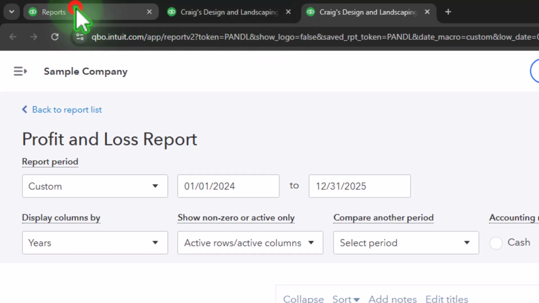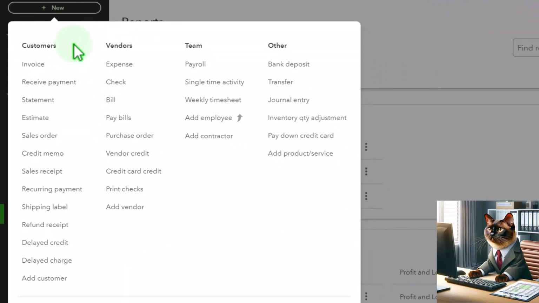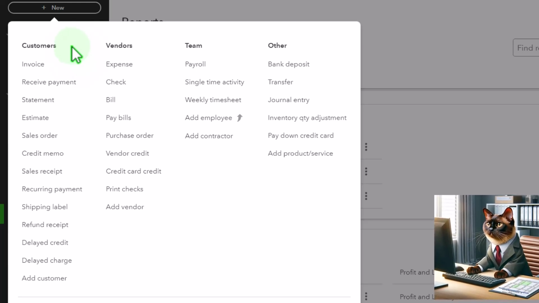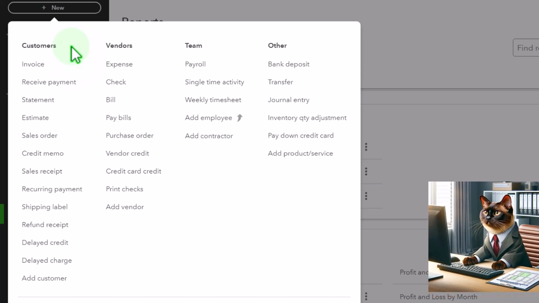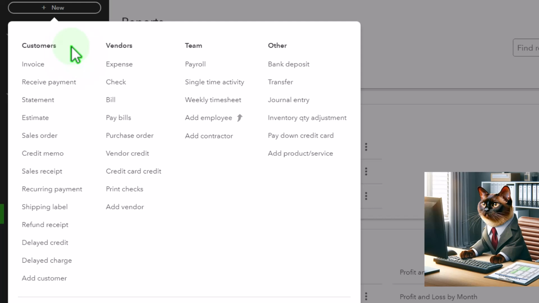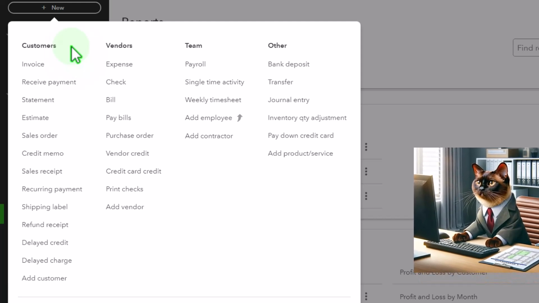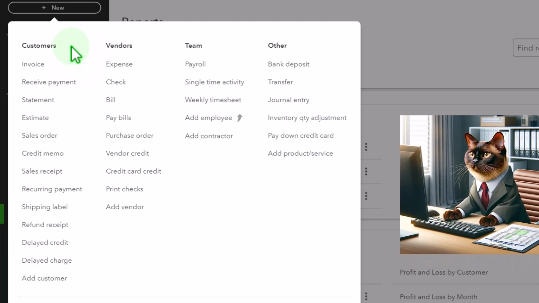Let's go to the first tab, select the plus button. We've been looking at the cycles within cycles within cycles of the accounting system, focusing in on the forms related to the customer cycle, which you might call the sales cycle, the revenue cycle, the cycle in which we expect revenue at some point to be increasing the cash. We expect cash to be coming in at some point in the cycle